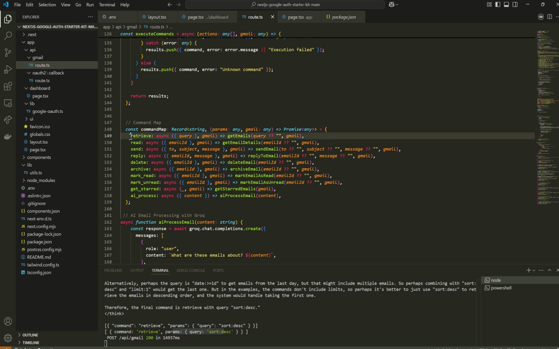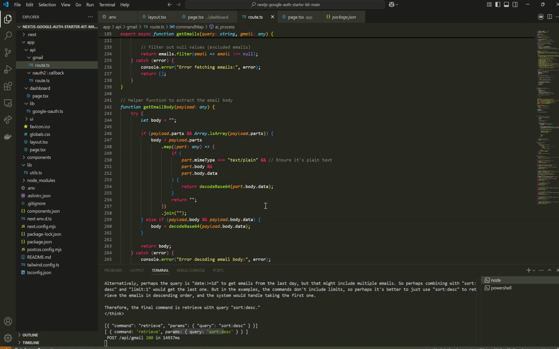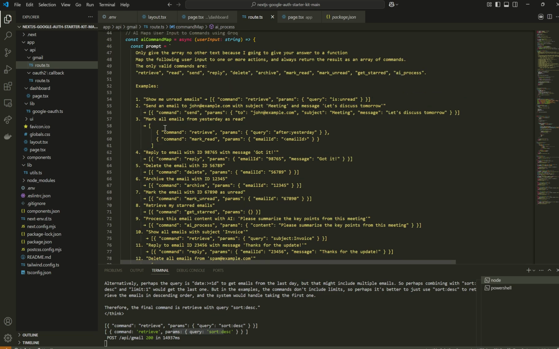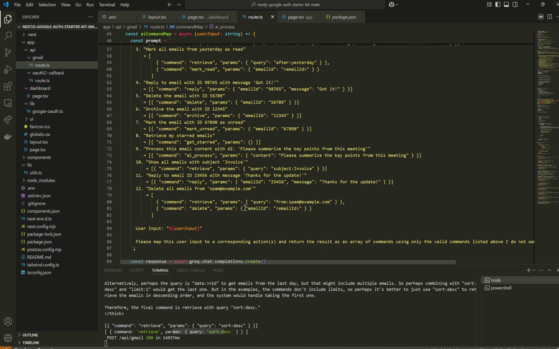For example, those are some commands right now, and those commands are interpreted by the AI here. We tell the AI what the possible commands are that it can give, and it's a chain of commands that the AI takes. For example, if the user says find me the email that contains this user email and then delete it, the first command that's going to run is the retrieve command, and after that the delete command. That's how I make sure this will happen.